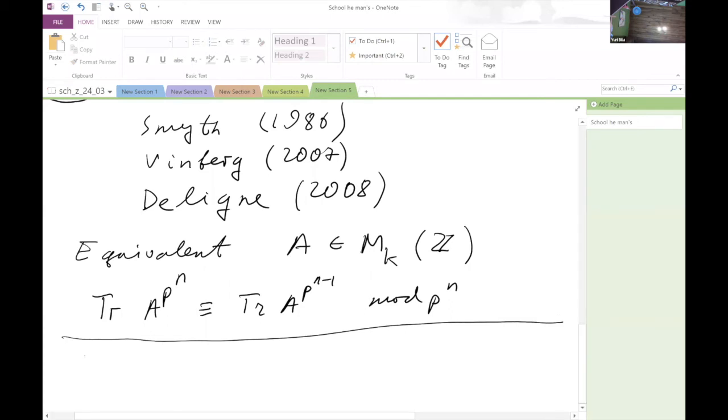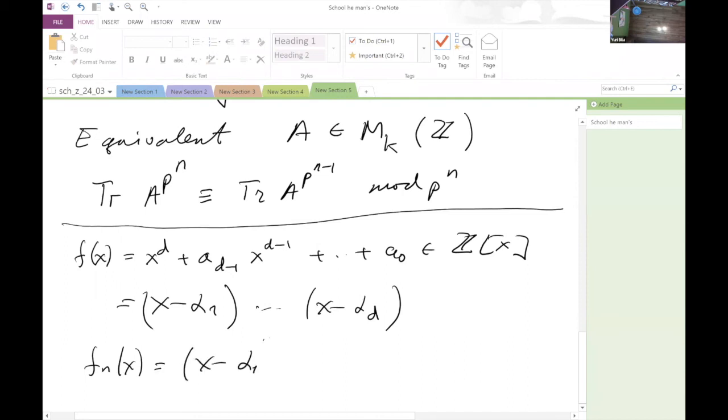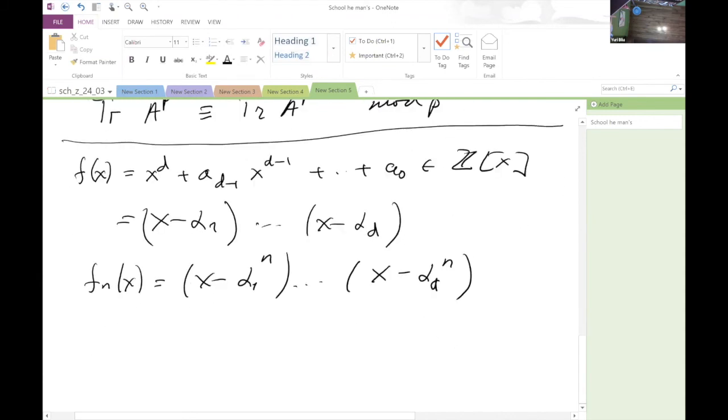So let f of x be some polynomial with integral coefficients of degree d. And let us write it like this. And we denote by F_n the polynomial whose roots are nth powers of the roots of f. So it is just